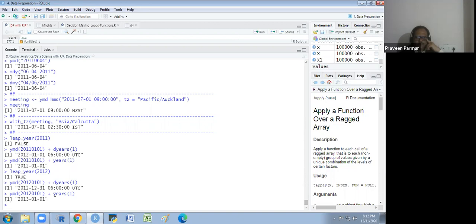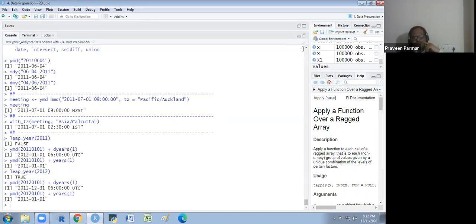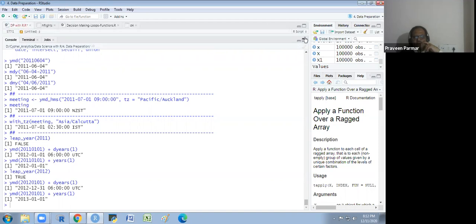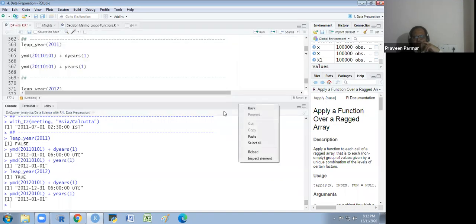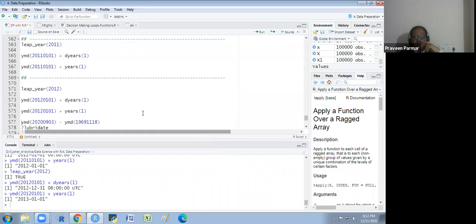So if you use years one, then you will get this thing. We could separate it. We have a function separate, I have explained it earlier. After making this column, you could separate it.